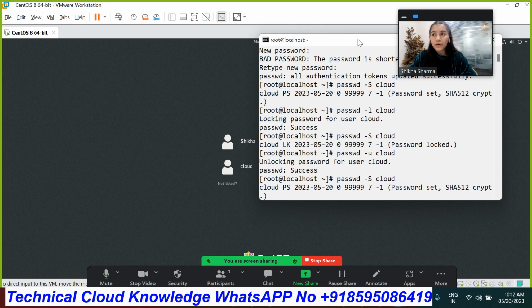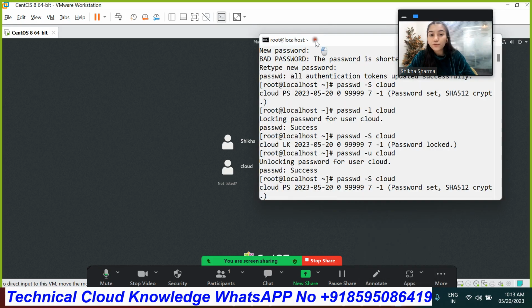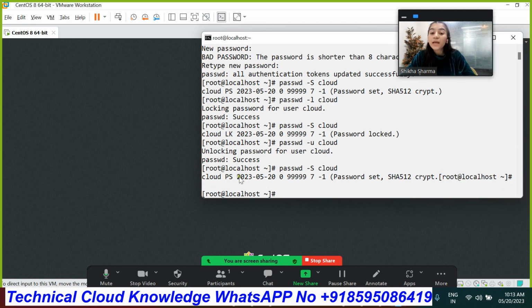Now if you remember, when I was telling you about the user management topic, I also discussed with you guys that there are some password policies too. As we all know, when we open the file for the user's information, there were some password policies too. So when you check the password status by executing this command, you get some output in 7 fields. If you have noticed, let's maximize it. So what is the main output we are getting? Basically, we are getting the output in 7 fields, from cloud to -1. Let's understand what these fields refer to.